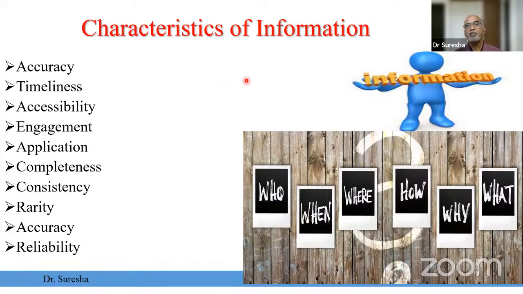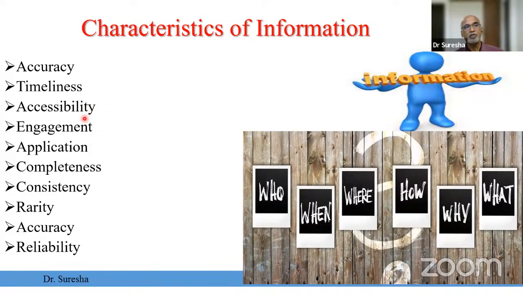So characteristics of information. What are the attributes of information? Accuracy, timeliness. See, this timeliness is very important. Whatever data you are having in November 2013, it may be different from December 2013. One month difference, lot of data, because nowadays the concept is every day, every moment. So trillions of data bits have been added in every domain. So huge amount of data is there nowadays. Only thing is, it's again data analysis and data analytics that comes into picture. You have to process that. How we are going to process that matters.